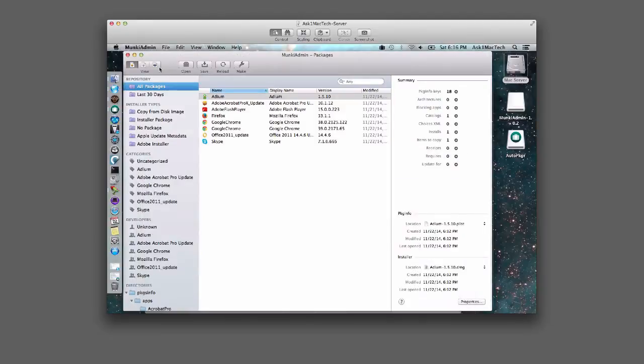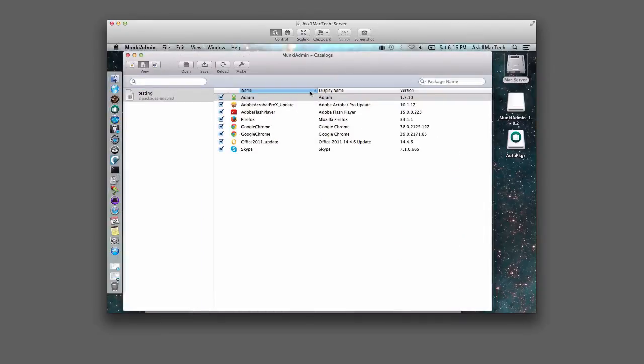Come right over here to catalogs. Now, catalogs, you're going to have a list of catalogs for your labs, for your faculty. You're going to have catalogs. So you're not going to want all these packages installed. You're not going to want all the software installed. So say on this catalog, you didn't want Adium